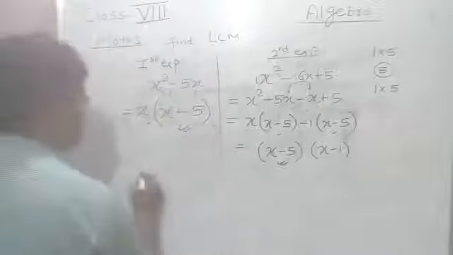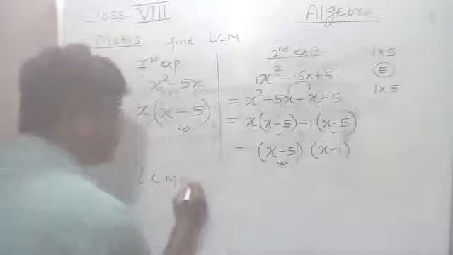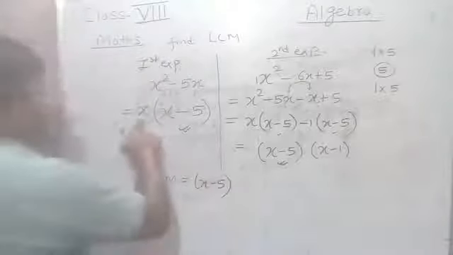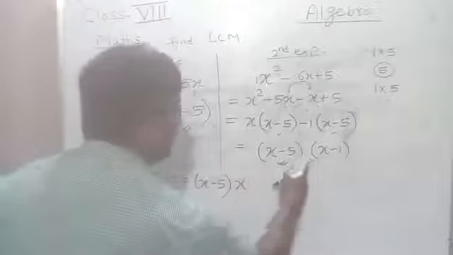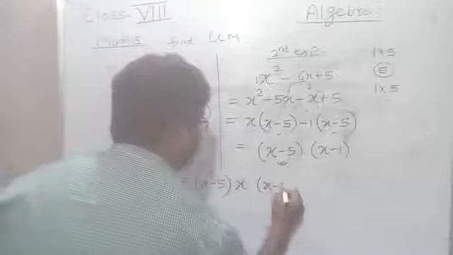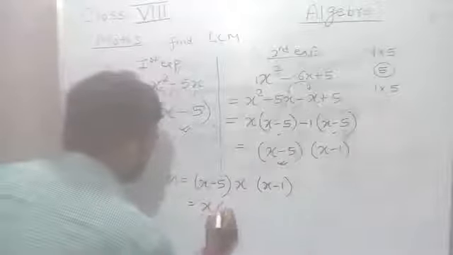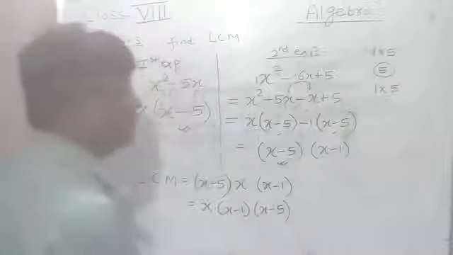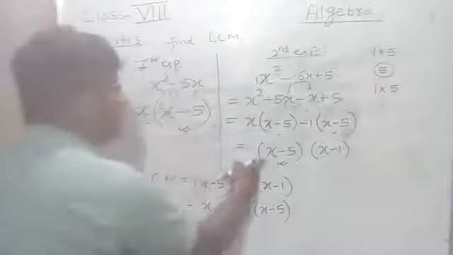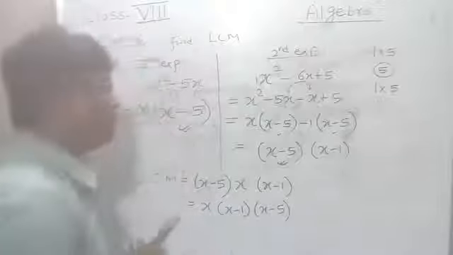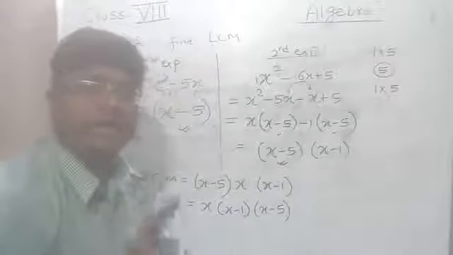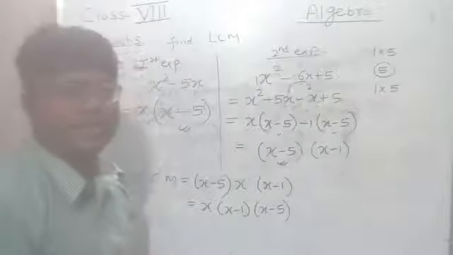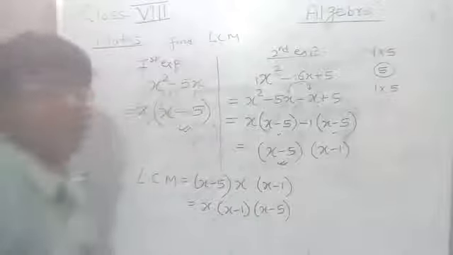In both. So I will write the LCM directly. First write the common factor, that is x minus 5, then write the remaining factors, that is x remaining here, and x minus 1 remaining here. So you can write it as x into x minus 1, x minus 5. I am just arranging it, nothing more I have done here. So the main thing is your factorization. After getting the factors, you have to see the common factor. Common factor you have to write once, and at last whatever remaining factors are there, those also you have to write, to get the LCM.